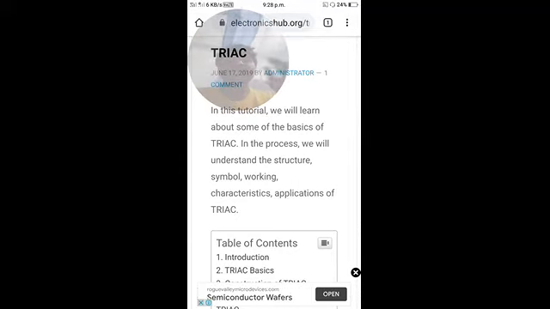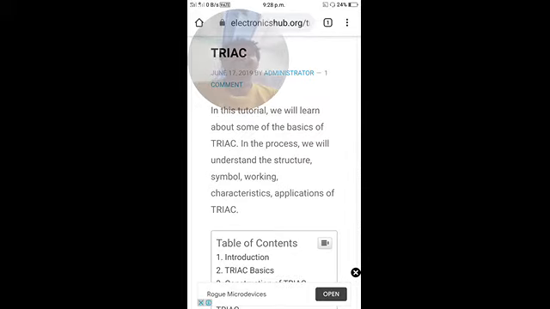Hello students. In the previous class we have studied the silicon control rectifier, diac. Now in this class we are going to study another important power semiconductor device in the thyristor family,